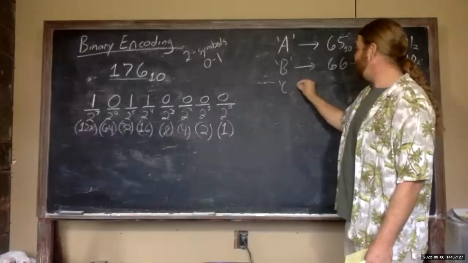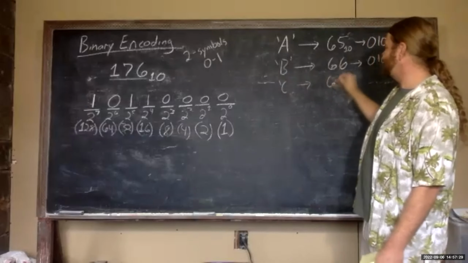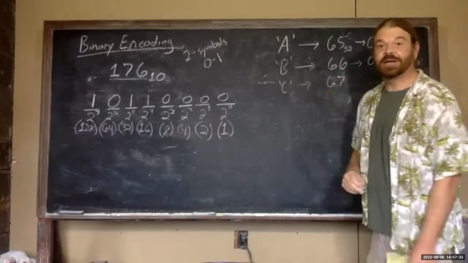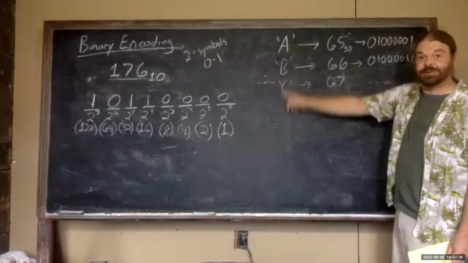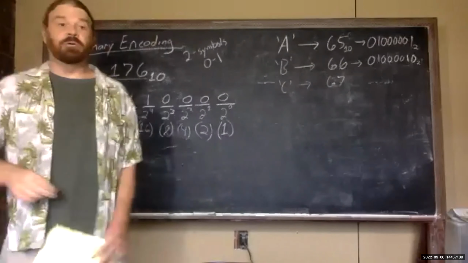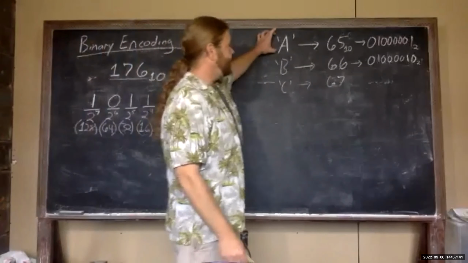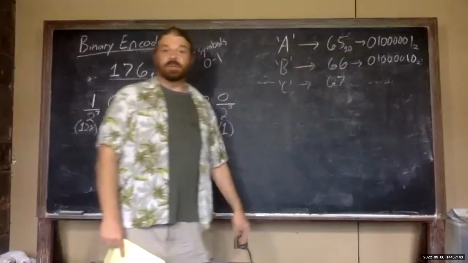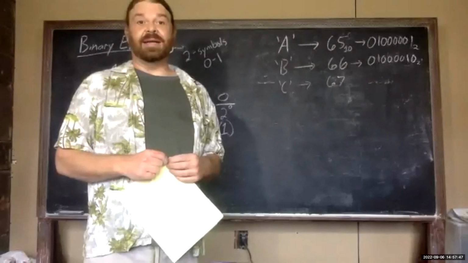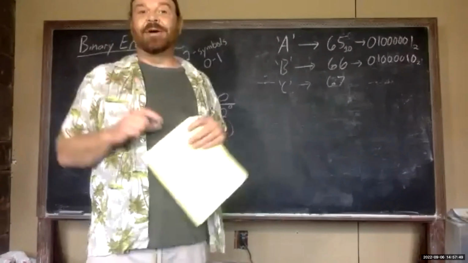Same thing, C, we could say that's a 67, and hopefully y'all can see where that pattern's going, right? We can just go all the way through our alphabet, the symbols that we use to represent our language normally, and give each one a numerical assignment, and then add one more extra bit in for that yes/no question